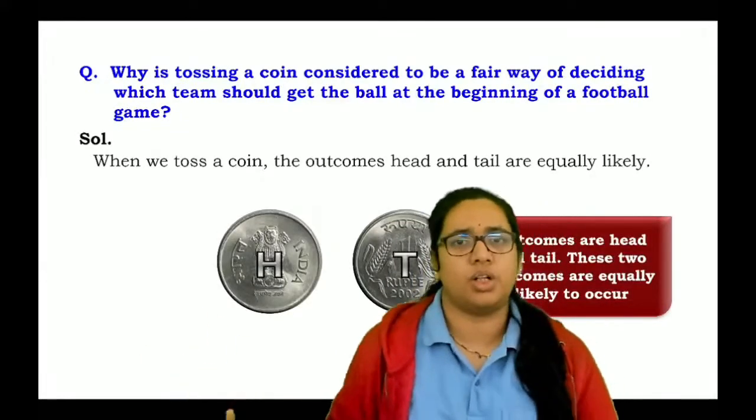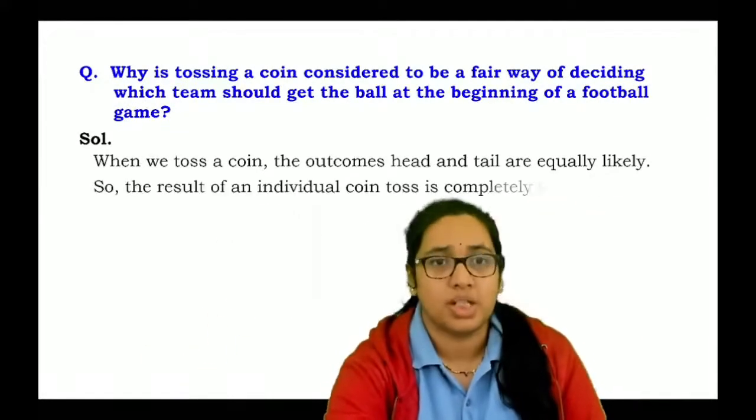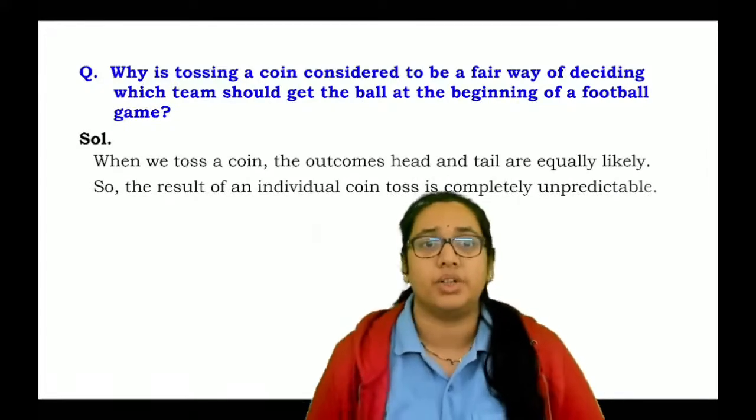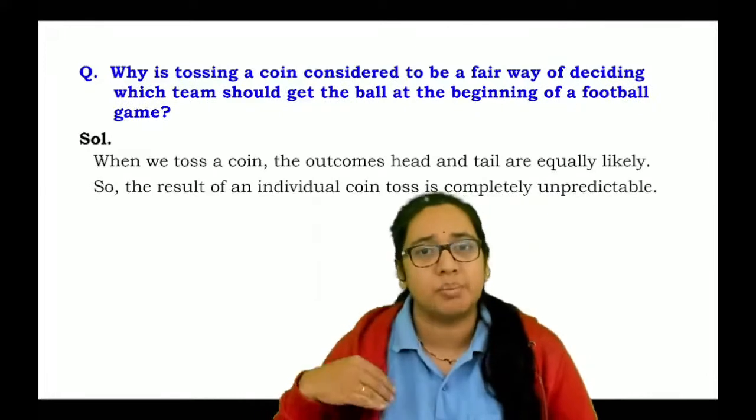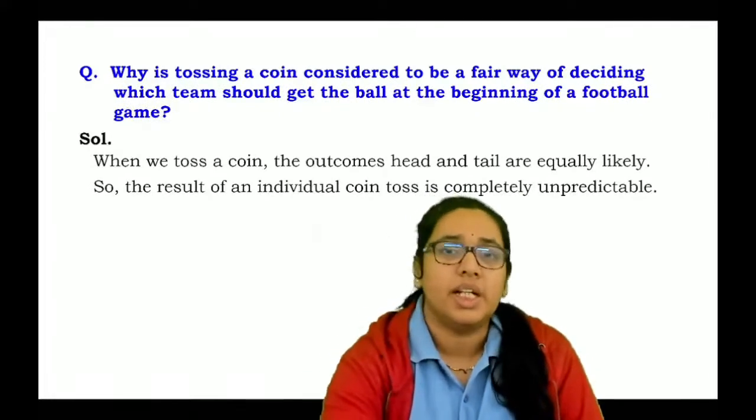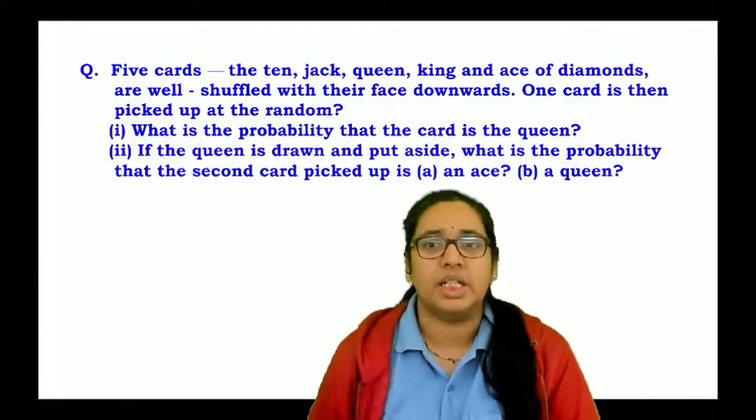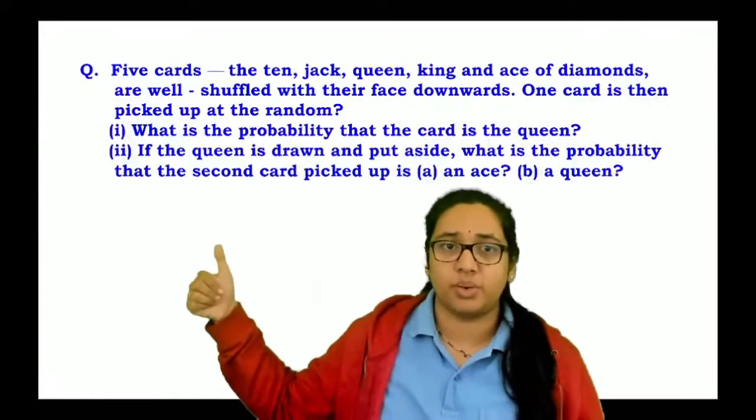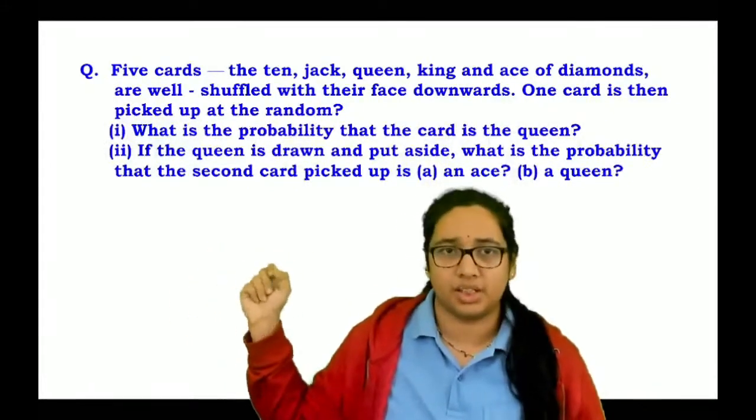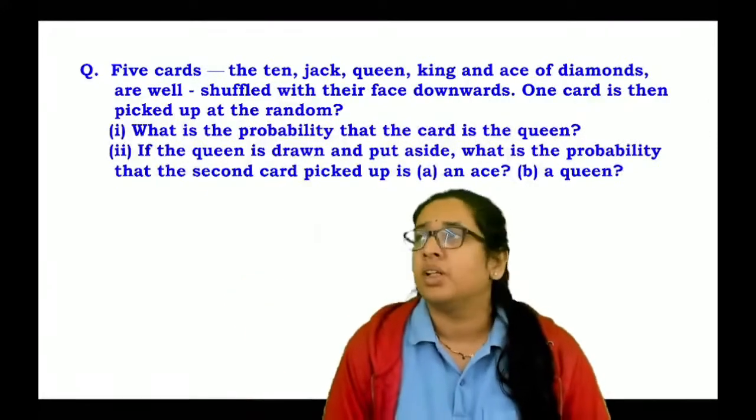either head or tail. So, what is the probability of the individual one? The result of an individual coin toss is completely unpredictable. It might be head or tail. That's what it goes with. Now, it is the important one. Just check it. See,